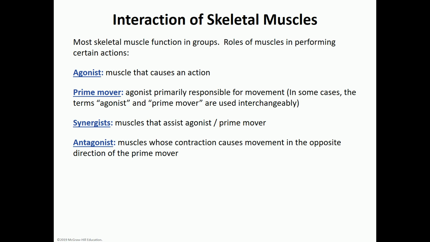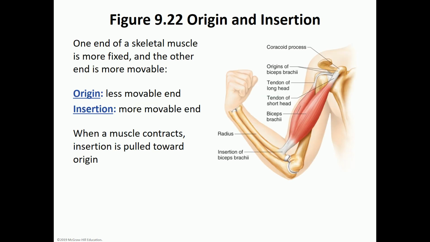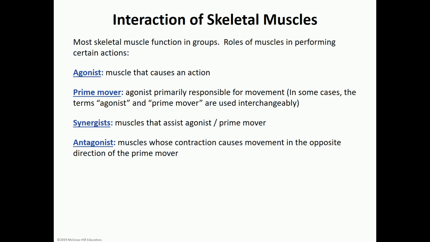Now, the interaction of skeletal muscles. We have a whole bunch of muscles, and a lot of them overlap in what kind of actions they can produce. For example, I'm going to go to that example of the biceps muscle and elbow flexion. The main elbow flexor is biceps, but we have other muscles that can produce elbow flexion, for example, brachioradialis. So both of them can do the same function, and that is why for each movement there is a prime